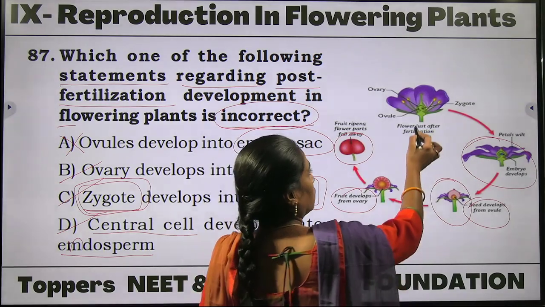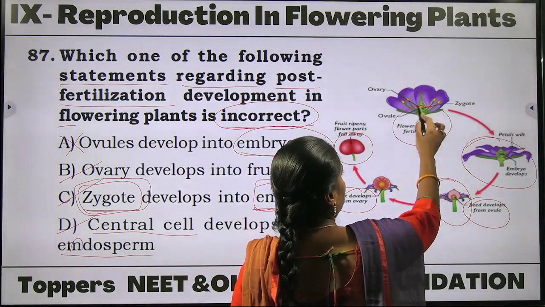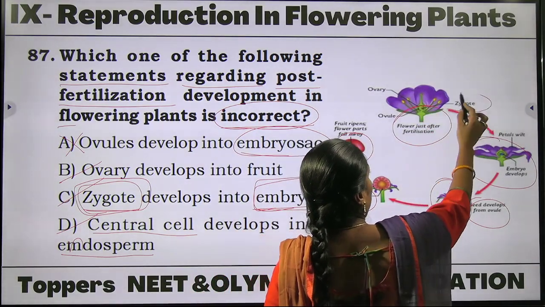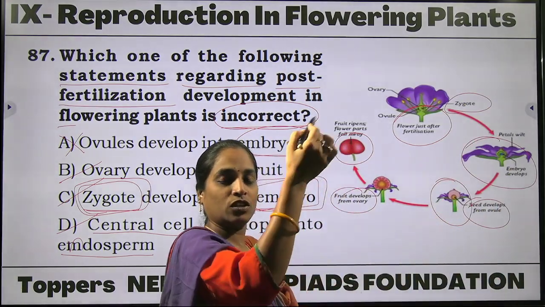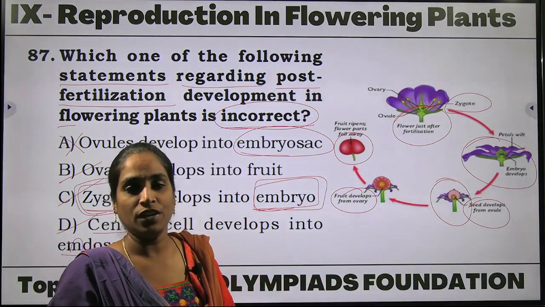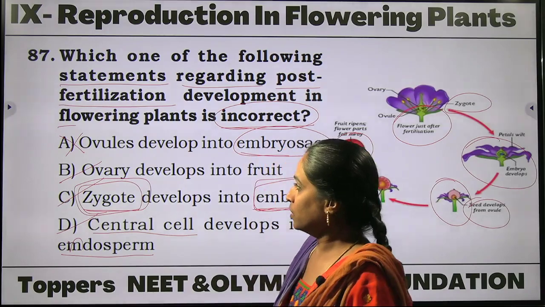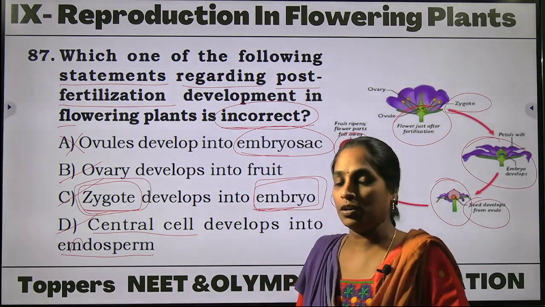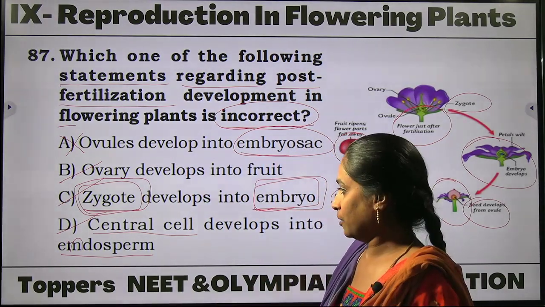Okay, so the flowering, just after the fertilization, the zygote. After the zygote, inside that we can also observe the formation of an endosperm. Okay, so here the incorrect statement is option A. Next,